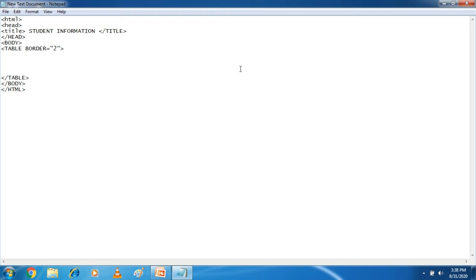So for the first row I am writing here tr. It means table row, and inside that I want the heading. It means in the first row, first column, I want to write the heading of the table. So for table heading, I will use the th tag. th is for table heading, student, and here I am writing roll number. Okay, student, and here I close the th tag.